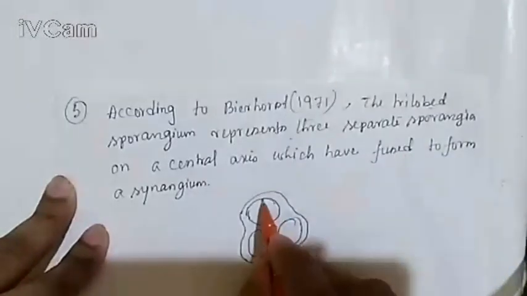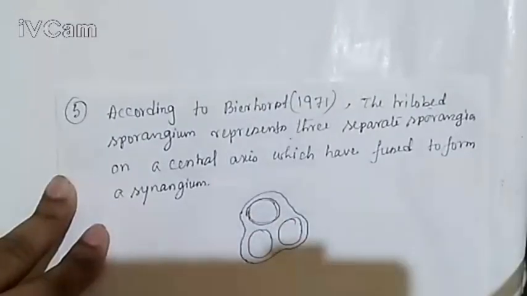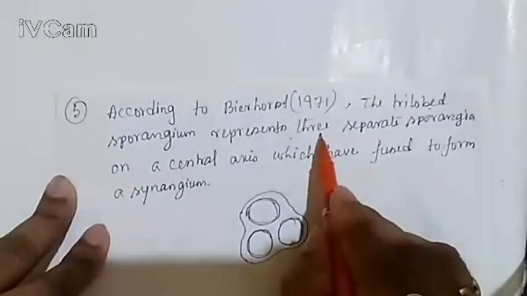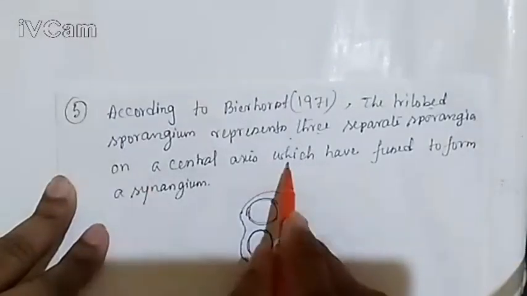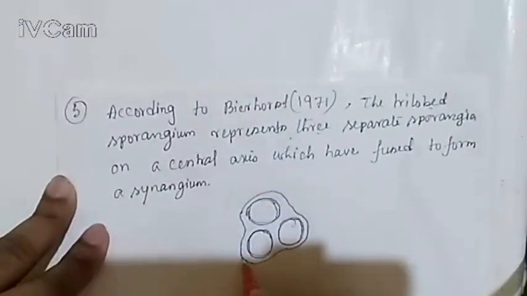Look, this is one sporangium, another sporangium, and another sporangium. There are three separate sporangia. So in the sentence, three separate sporangia, where sporangia means plural form, on a central axis. On a central axis means here,